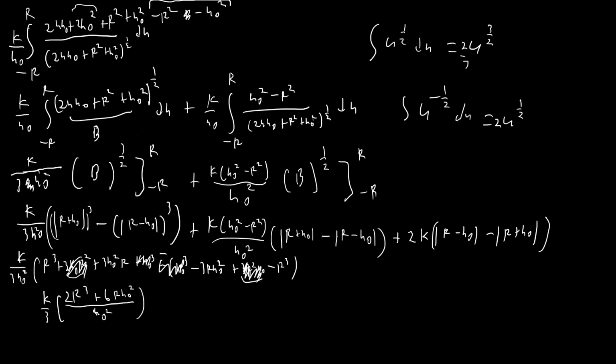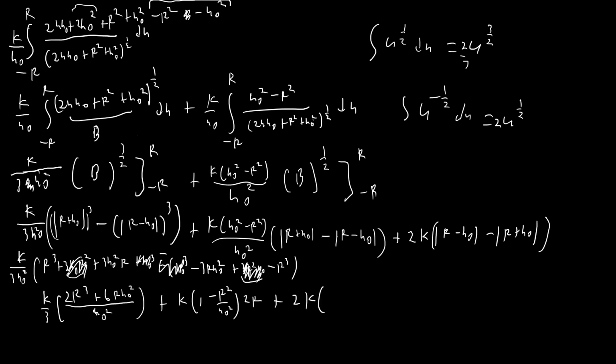Then from this next part, we're going to have plus k h0 squared, or actually I'll write this as 1 minus r squared over h0 squared. As we said before, this is just going to be r plus h0, and this one is going to be h0 minus r. So these are going to cancel, and we'll just end up with 2r right here. And next, for this last part, we're going to have 2k, r minus h0 is going to end up being h0 minus r,